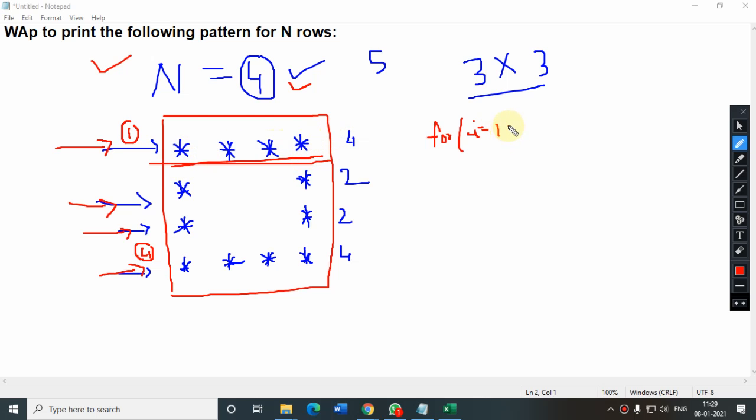So for that I am using a simple condition here. Arisha, you can see I am changing your logic a little, but it is mostly the same. So initially I am putting the condition if i equals 1 or i equals